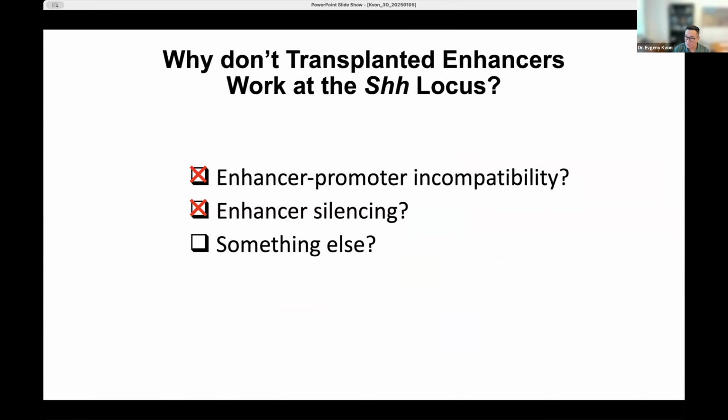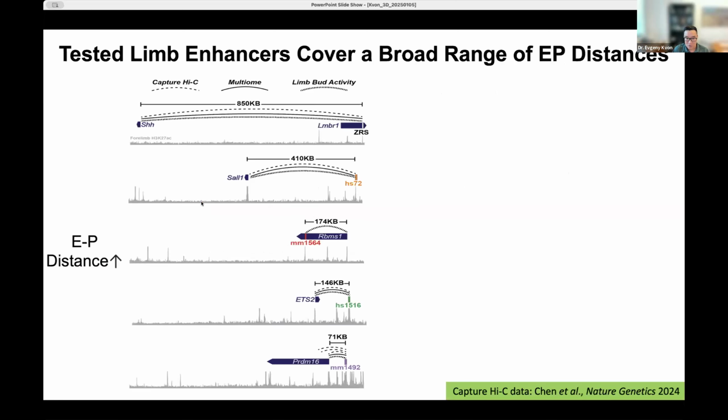We also ruled out enhancer silencing, right? We thought, okay, we knock in some ectopic enhancer where it's not supposed to be, so it could be that it's just getting silenced. And so we performed ATAC-seq and confirmed that the enhancer is still open at the transplanted location, but yet it's unable to activate our long range. Okay, so perhaps there is something else, right? And when we looked at the